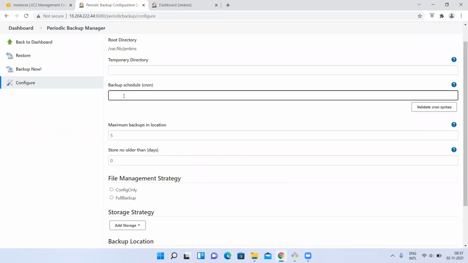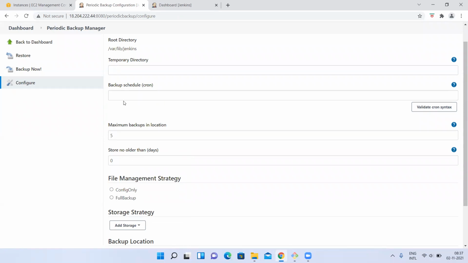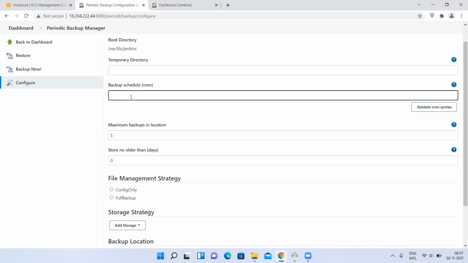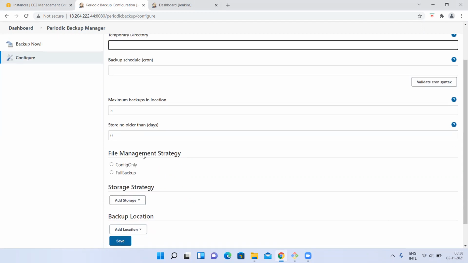So if you have given 12 o'clock daily, right? 5 days backups it will keep. If I give 5 minutes, means 25 minutes, the previous 5 backups it will keep. The previous ones it will delete. Okay. Maximum how many number of backups you need? The older ones more than this, which are older, right? Those will be deleted automatically. So how many you need and how you have to take that, you have to define here, and where you have to take the backups, this one.